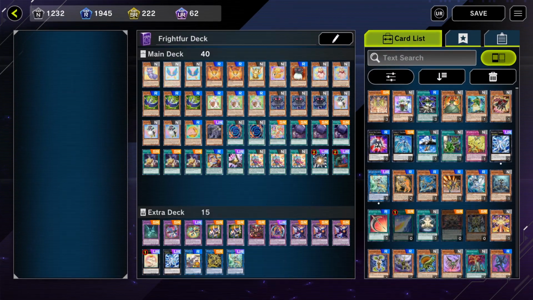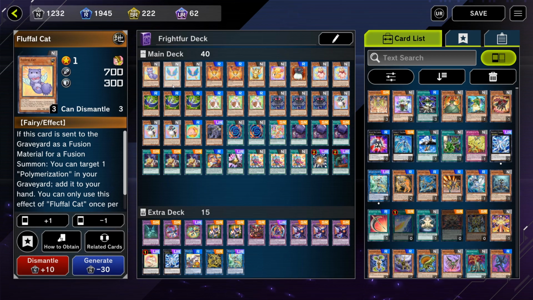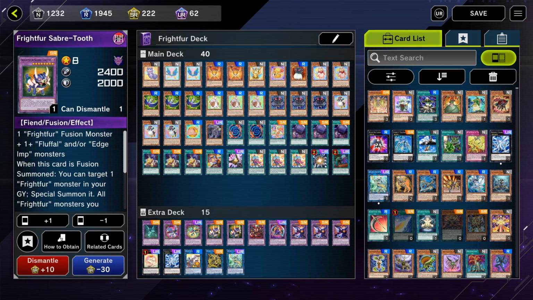So here, we're gonna just start right away. So here I run one Fluffle Cat. So Fluffle Cat is just, if it's used as a fusion material, you get a poly back. It's not that great. It's just a good one-of. It's a solid one where you can occasionally use it to recycle Polymerization, which is nice. It's typically good if you're gonna go poly, fuse two things, get a Frightfur monster, and then get